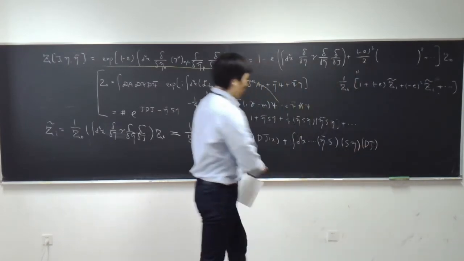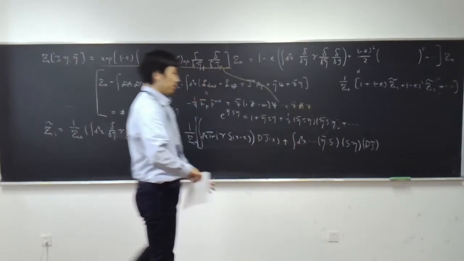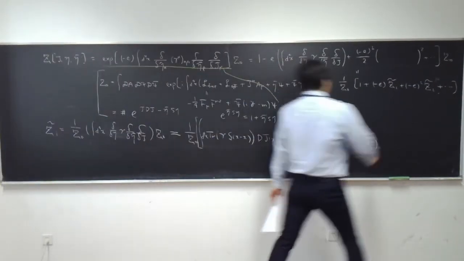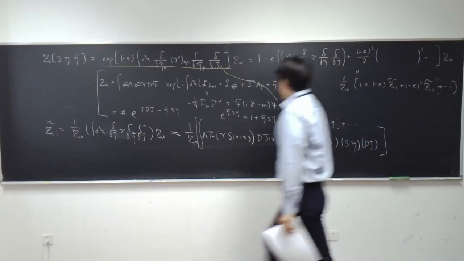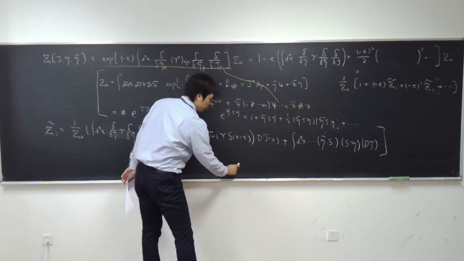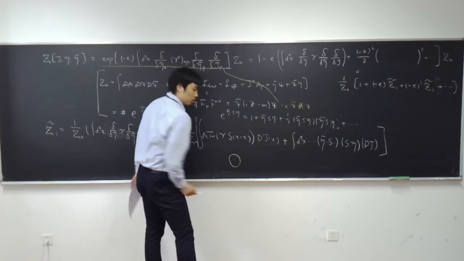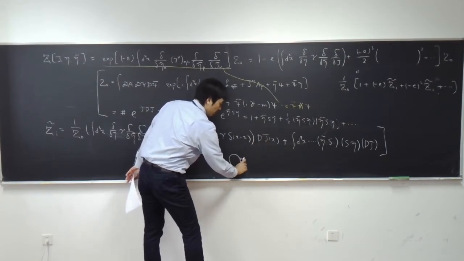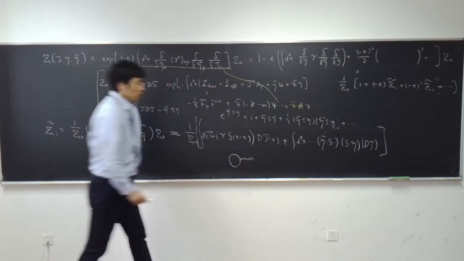You have to restore all the variables appropriately. So this is the first Z1 Taylor, and as you can easily see, the trace of the fermion propagator will give you just this one, the loop, and dJ will give you the